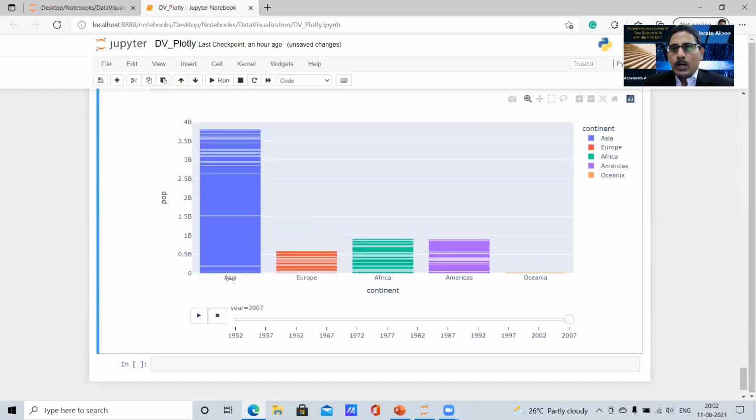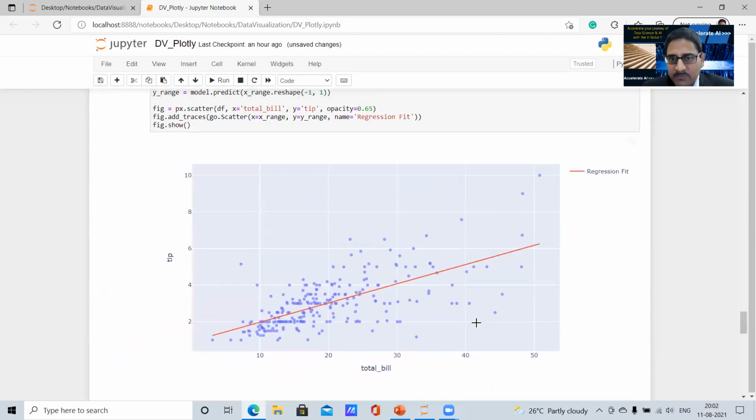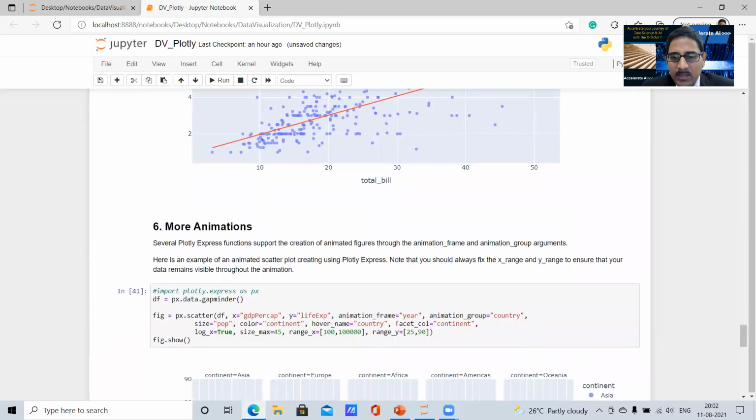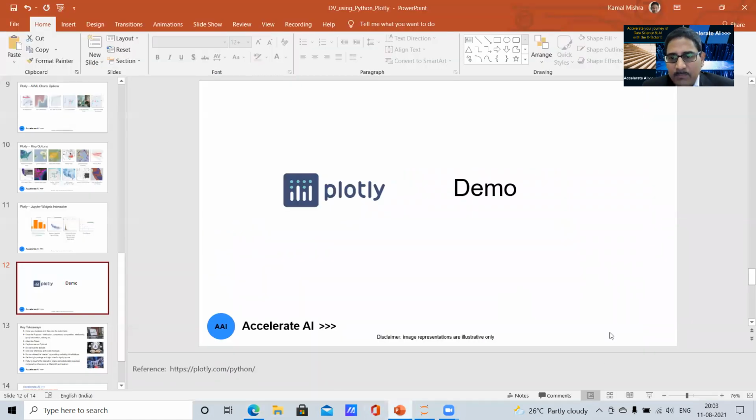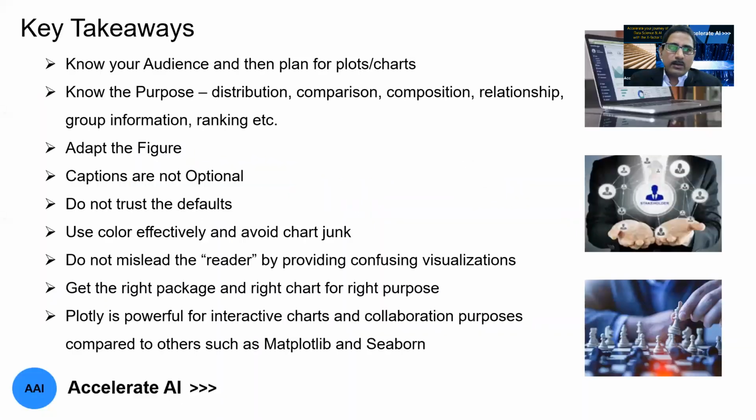So that's about it. We wanted to quickly show you some of these demonstrations of beautiful charts, which are dynamic and which can be collaborated on. That was the objective we wanted to show. Then we'll quickly move on to the key takeaways. If you look at it,